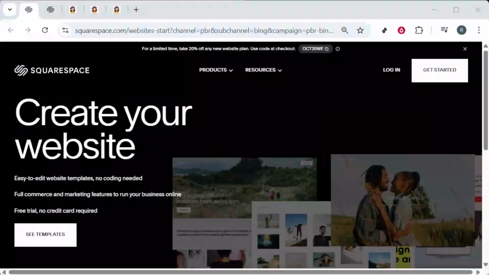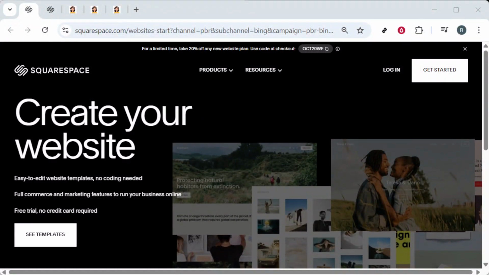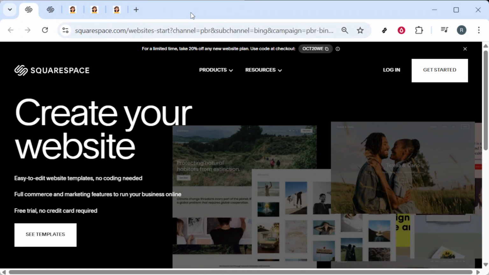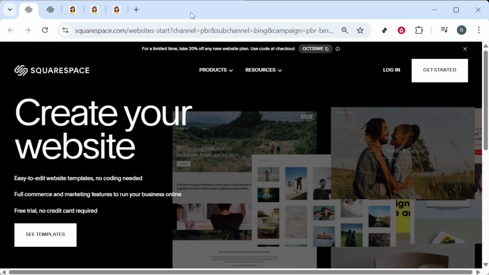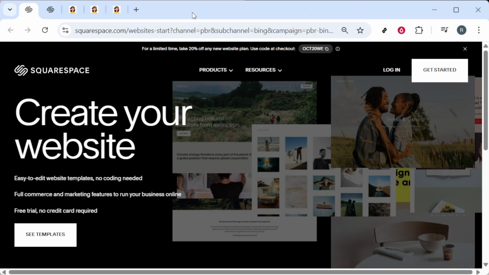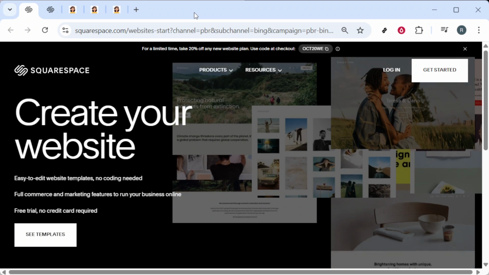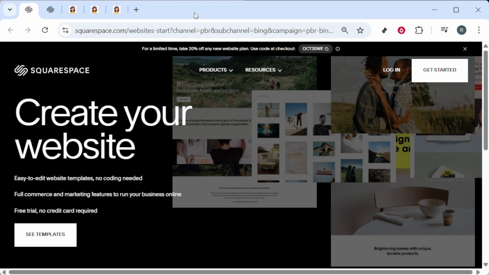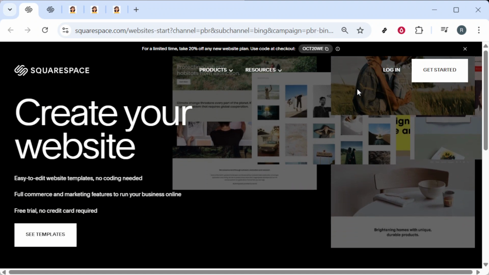In today's video, I'm going to teach you how to remove the Add to Cart button on Squarespace. If you're running a portfolio, catalog, or a site that showcases products without taking orders, removing the shopping features can keep your design clean and your visitors focused on the content. I'll walk you through the exact clicks to turn off the cart so the Add to Cart option no longer